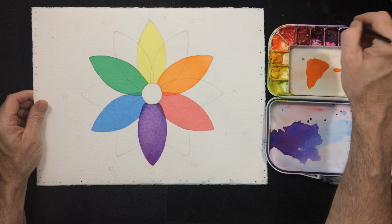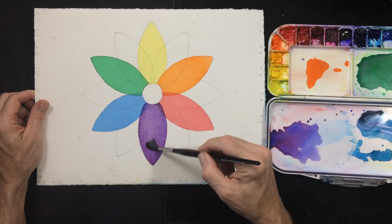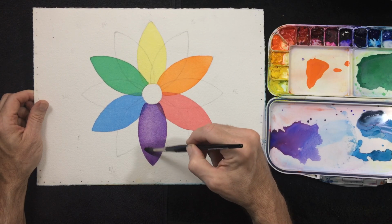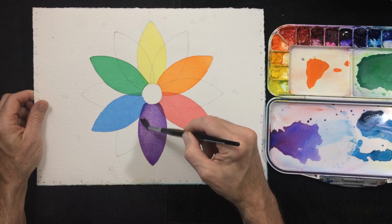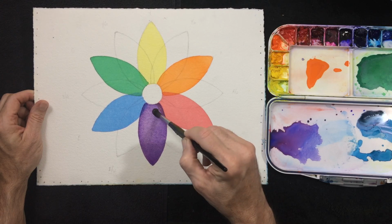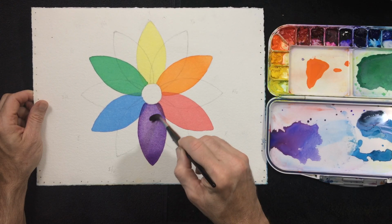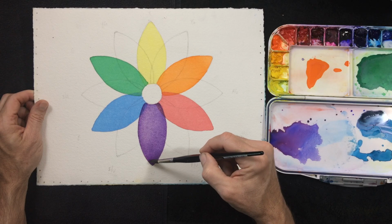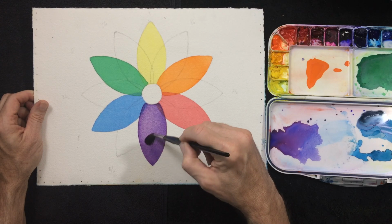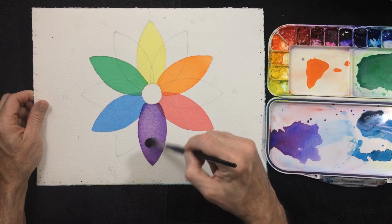And if there gets to be too much water and whatnot, I can just get some of that out of there. So I remember this being one of the very first things I did with watercolor. And I remember thinking, oh man, I messed up. And then I remember thinking, after doing this, that I liked the way it looked a lot more. It can dull things out a little bit, but if you see what's going on,